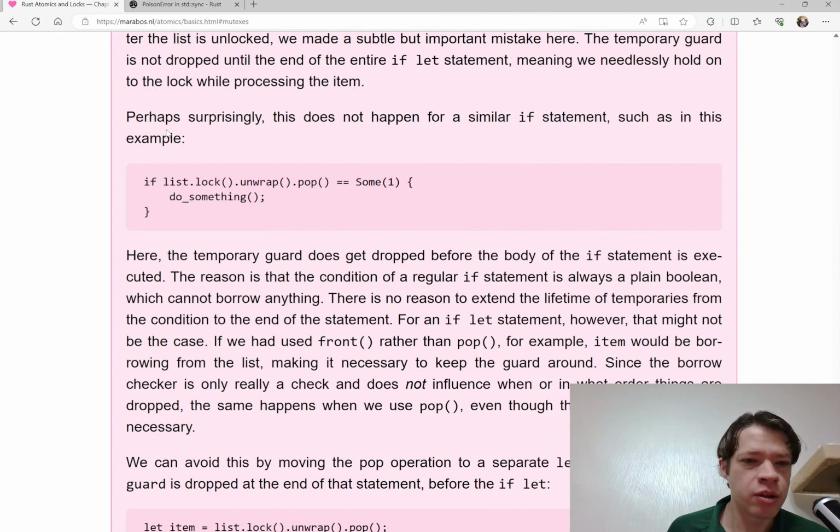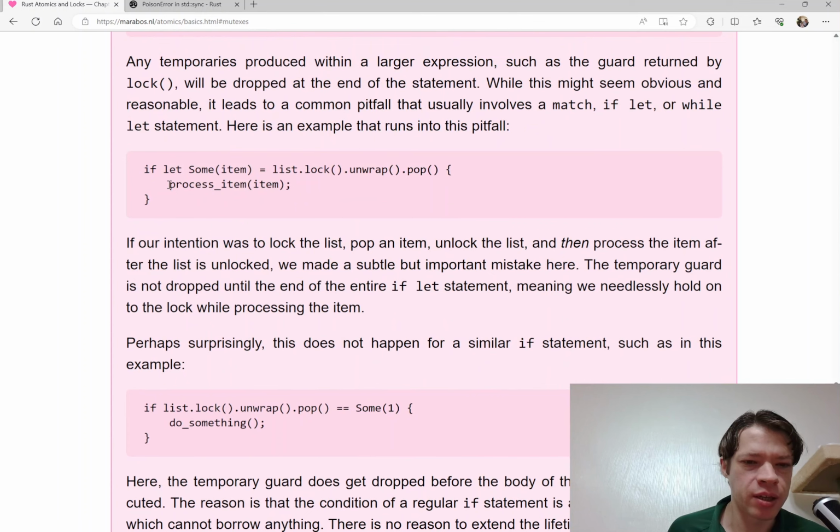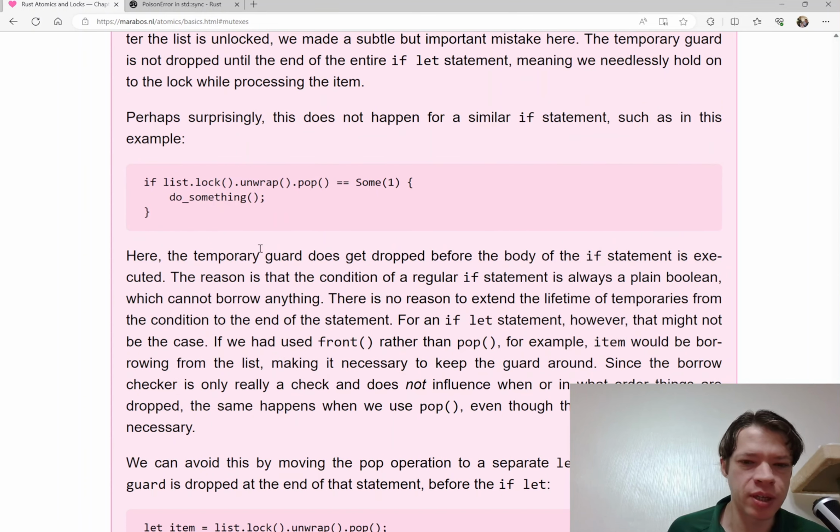And also here, if you do this, this does not happen. So this is a different case. It does not happen for a similar if statement. So if you have list.lock.unwrap.pop equals Some in an if statement, it does not have that subtle effect, and that is because